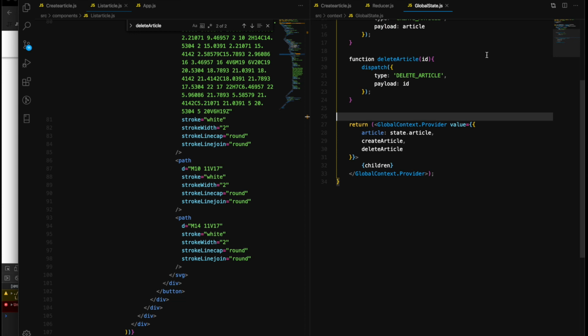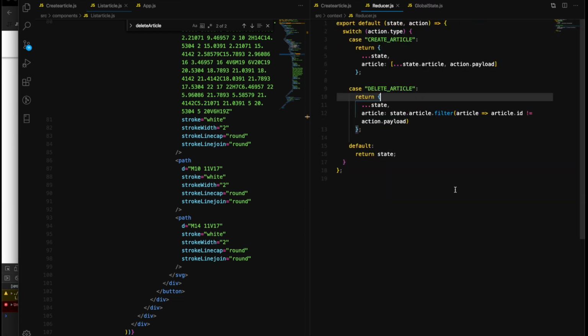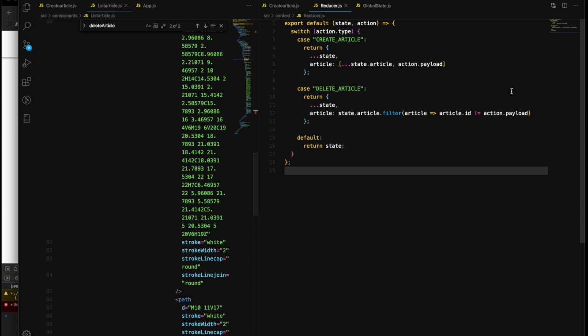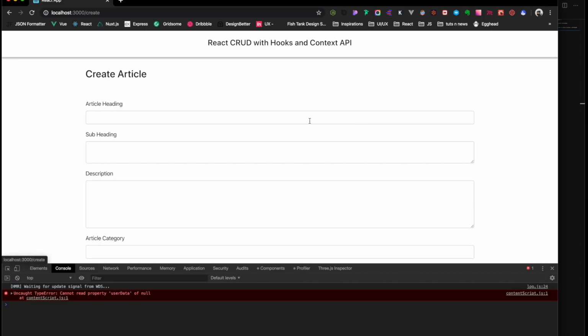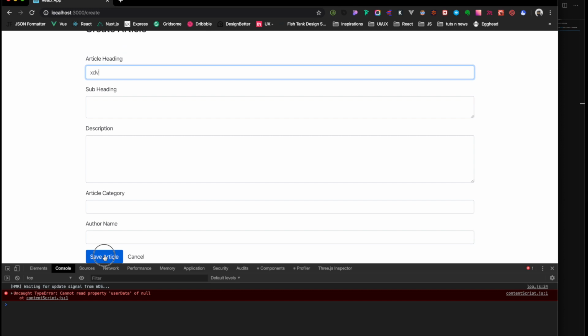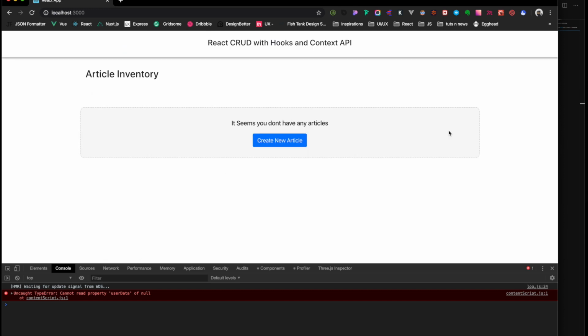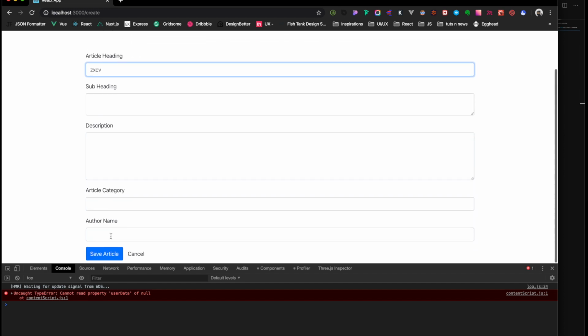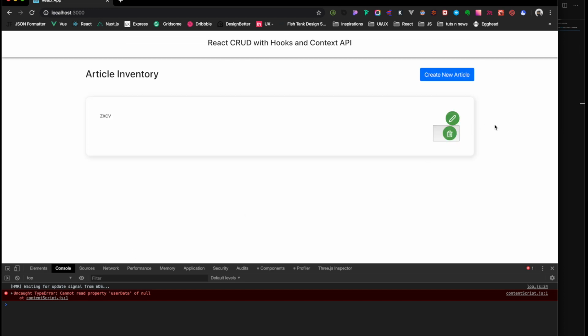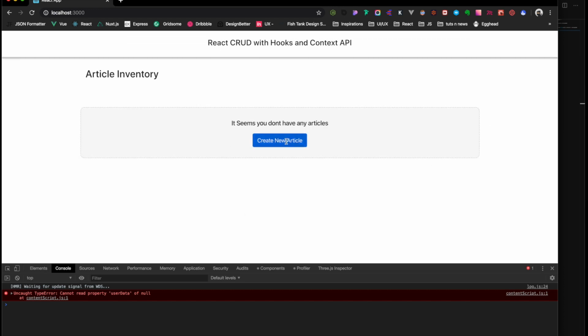Reducer.js, not is equal to, article.id not is equal to action.payload. Okay, now I think the functionality works well. Yeah, so there are a bit of styling fixes needed, but we have successfully created our delete